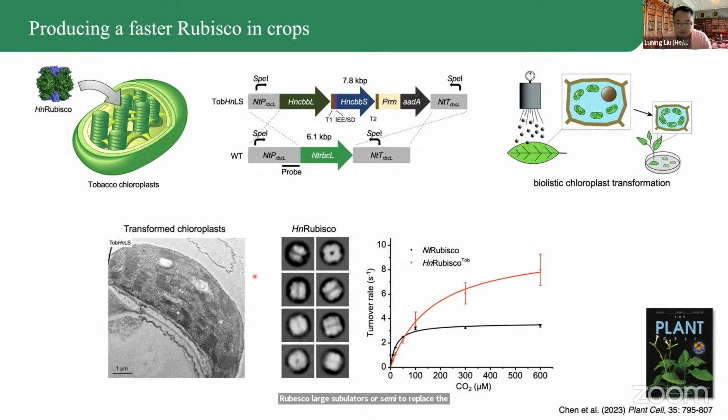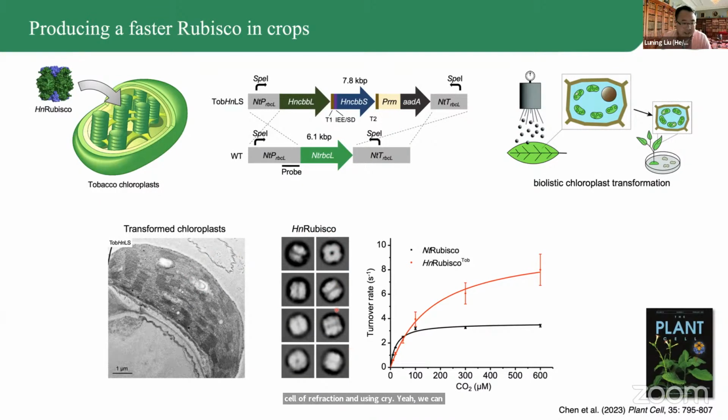So we can get homoplasmic transgenic lines. The transgenic plants grow autotrophically in the soil, in air supplied with 1% CO2. The produced bacterial Rubisco is mostly in the soluble fraction, and using cryo-EM, we can identify